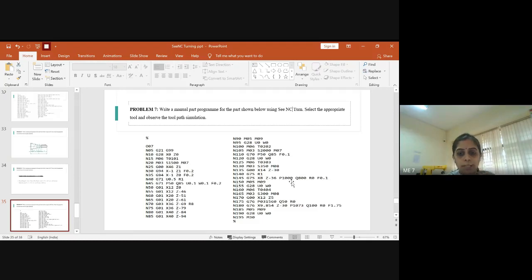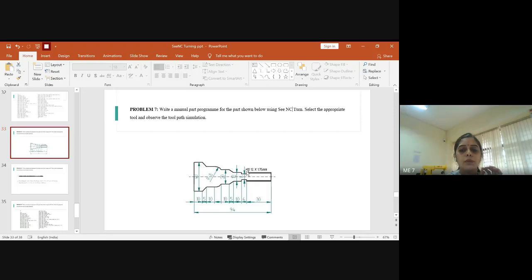When you do the groove cutting operation, the depth of cut of that tool dimension will be 0.8 mm, so convert that into 800 microns. And here there is no need of radius, but if you omit this, it will show a syntax error. To avoid the syntax error, we are writing R is equal to 0. Once this is done, kindly give the feed rate as 0.1. This will help in completing the groove cutting operation at this slot.